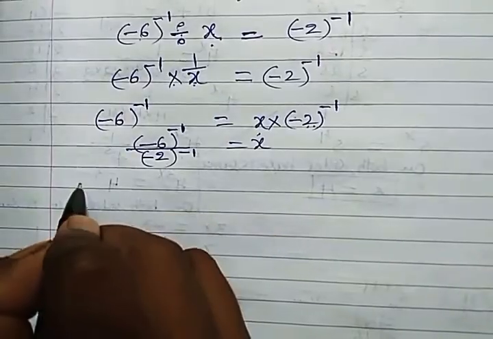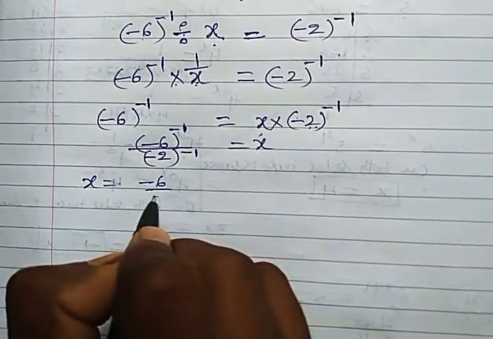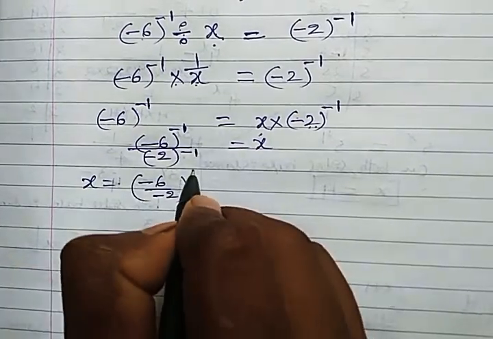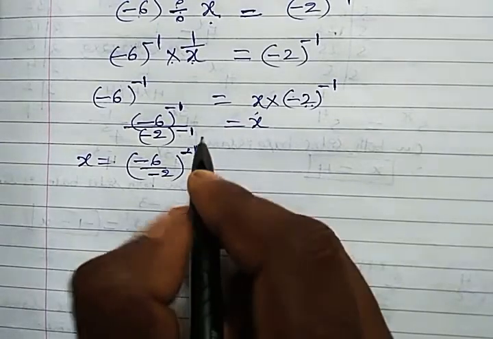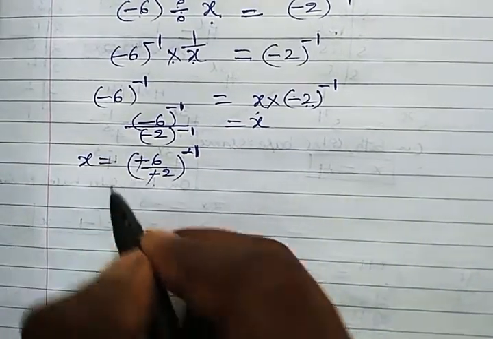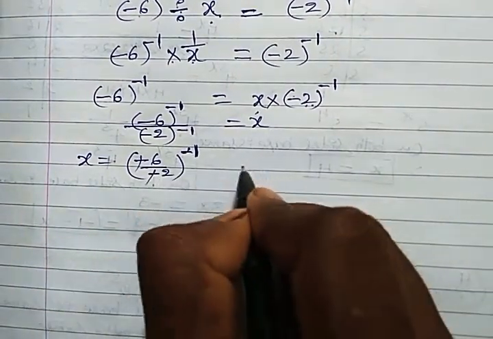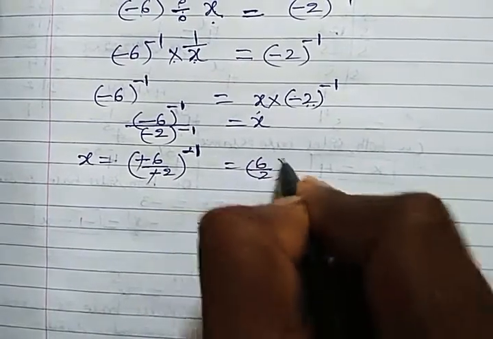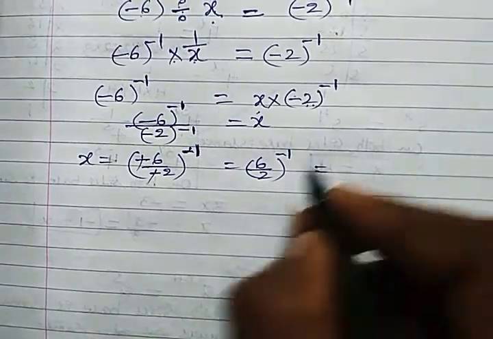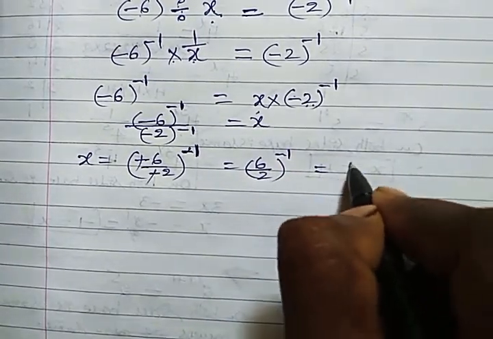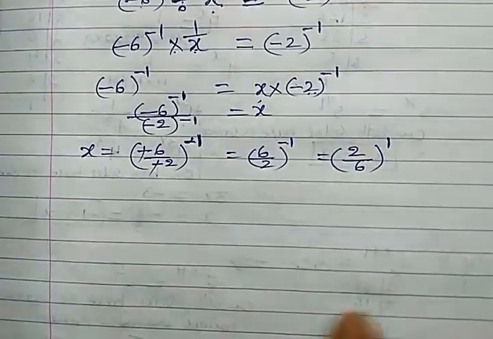So x we have got here is x is equal to minus 6, both are having the same power minus 1, so I will write it as minus 6 by minus 2 power minus 1. Now again it is negative power, we need to convert it into positive power. Before that, both are having the same sign on numerator and denominator, so the minus gets cancelled, it is 6 by 2 whole power minus 1. If any value is having negative power, that can be just reversed and written positive, so it becomes 2 by 6 whole power 1. So that's about question number 5.